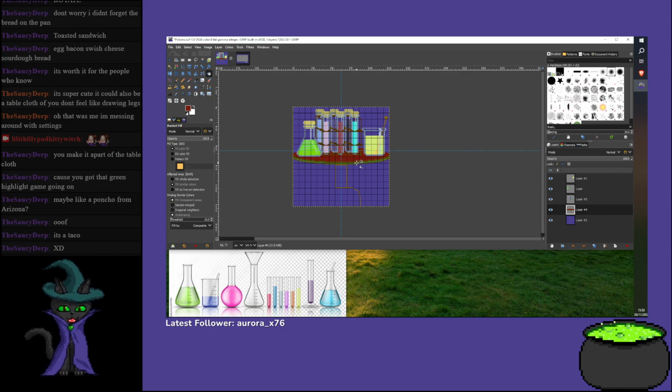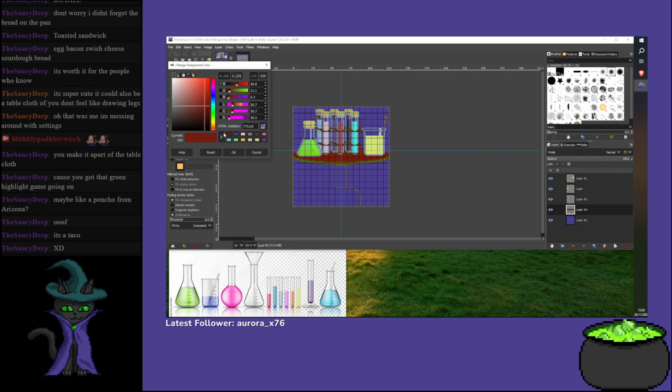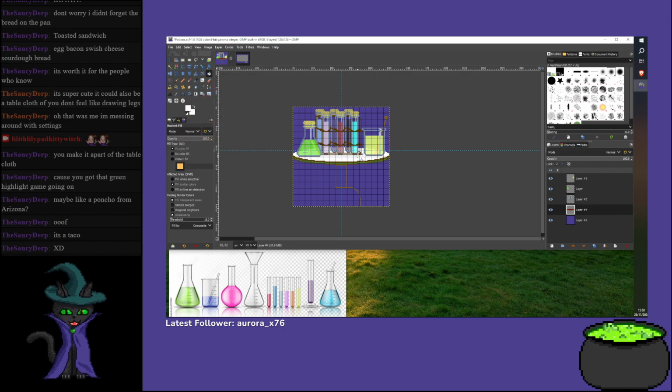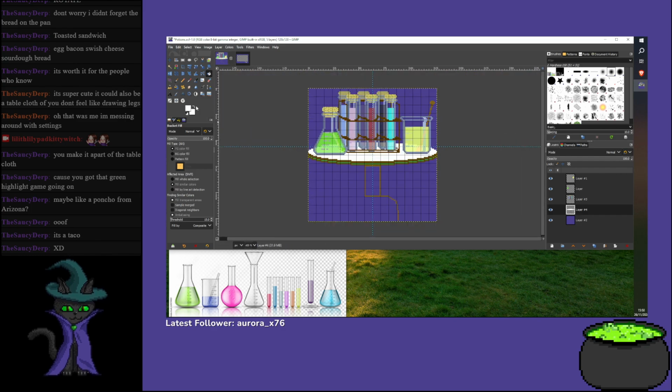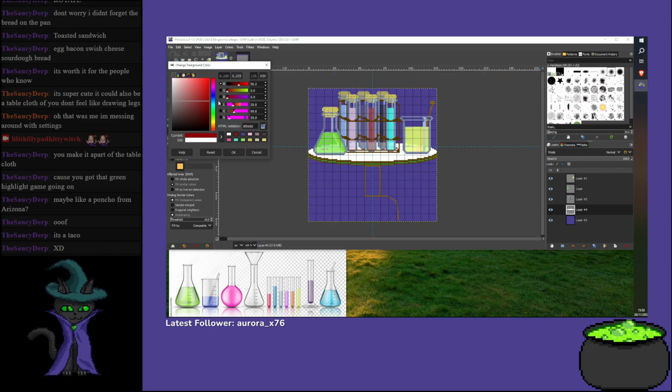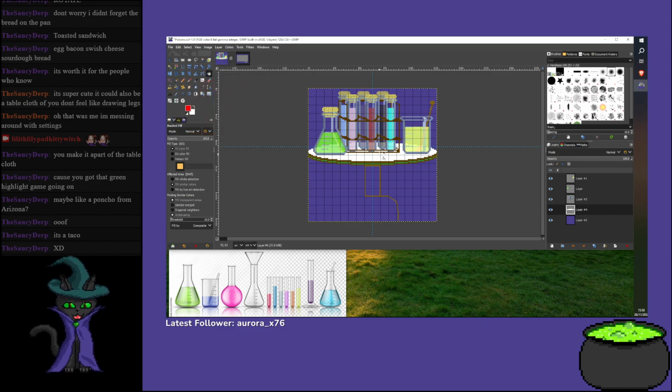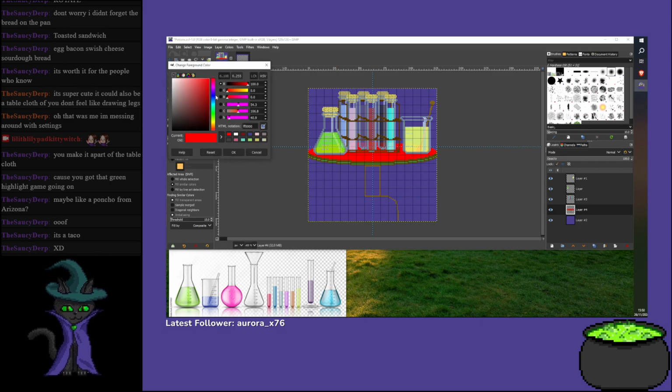I really like the red, but it's not really fitting. Maybe for now we leave it white. Actually, let's just put it generic